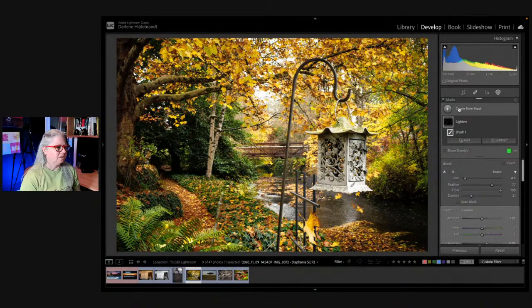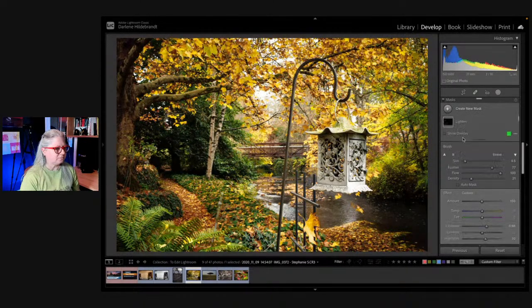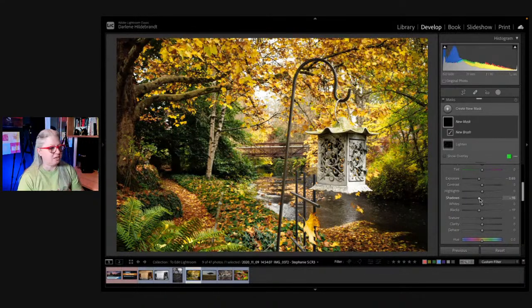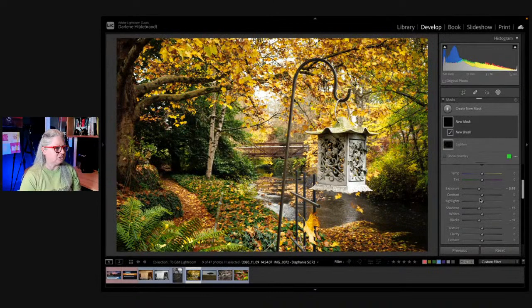Right? Then I'm going to create another one with a brush again. And then this time I'm going to darken the exposure, bring the blacks down and the shadows down. Okay, notice I did all three things each time, not just exposure, because I'm adjusting the exposure, the shadows, the midtones, the shadows and the blacks here. And then on the whites, I was affecting the midtones, the highlights, and the whites. Okay, so now I'm doing the same, and I want to